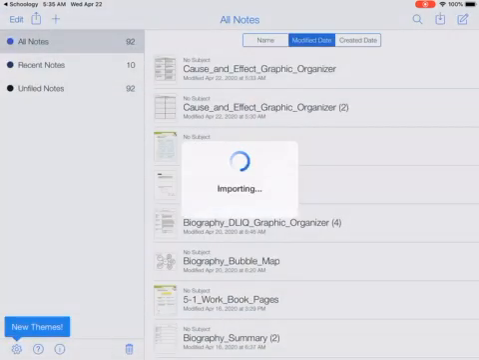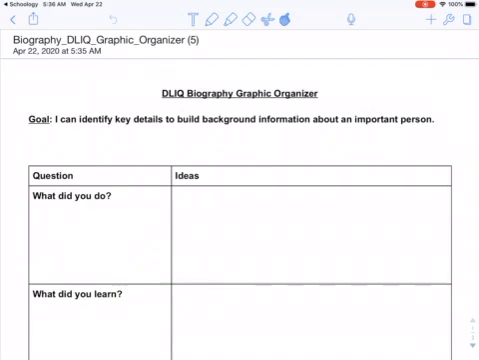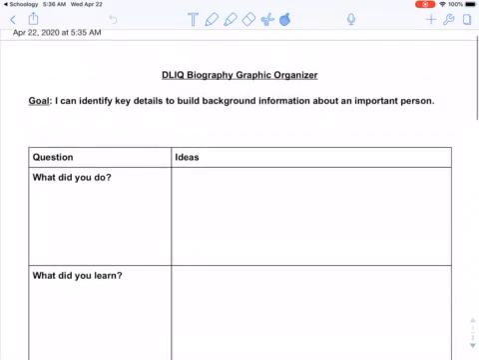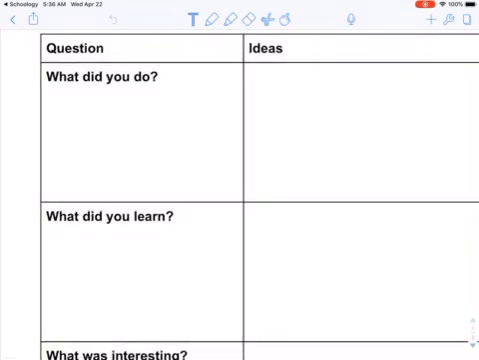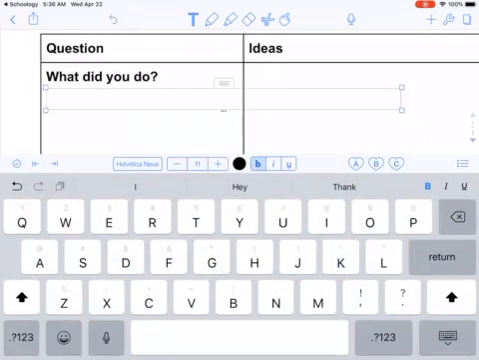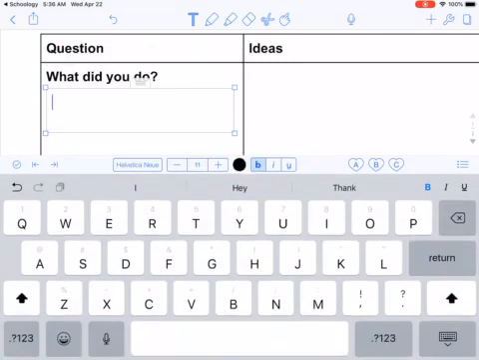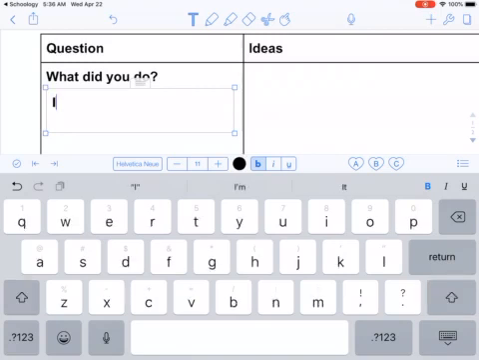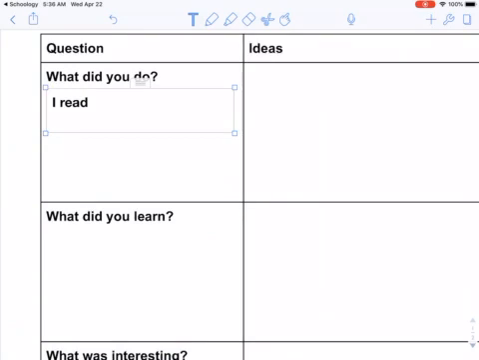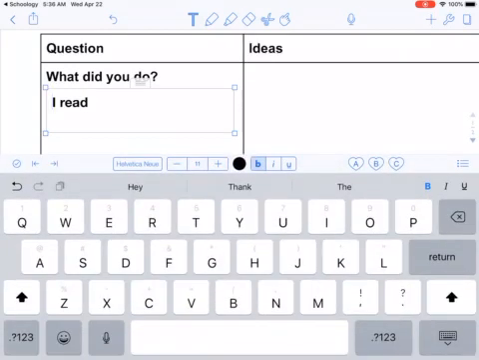There's just a few parts I want to make sure to talk about before we get into it. Remember, the DLIQ organizer works like this. So what did you do? That's really what you're going to be explaining about. You could use any sentence starter, but you can even just say I read, and say what book you read. This also really goes with